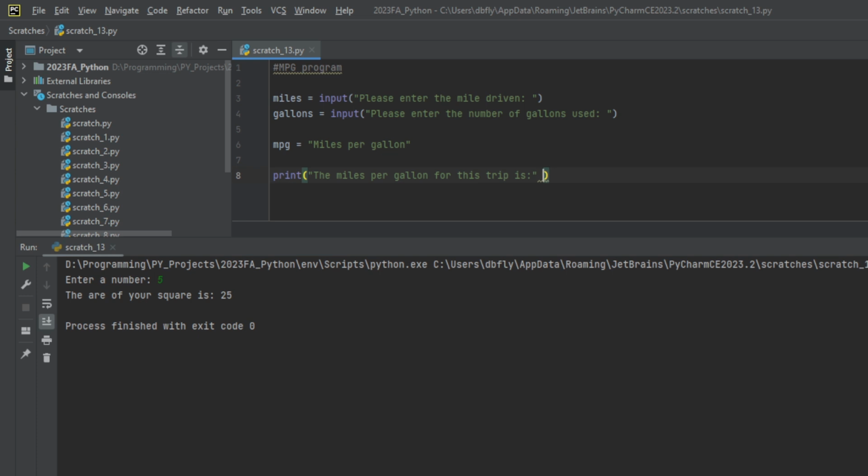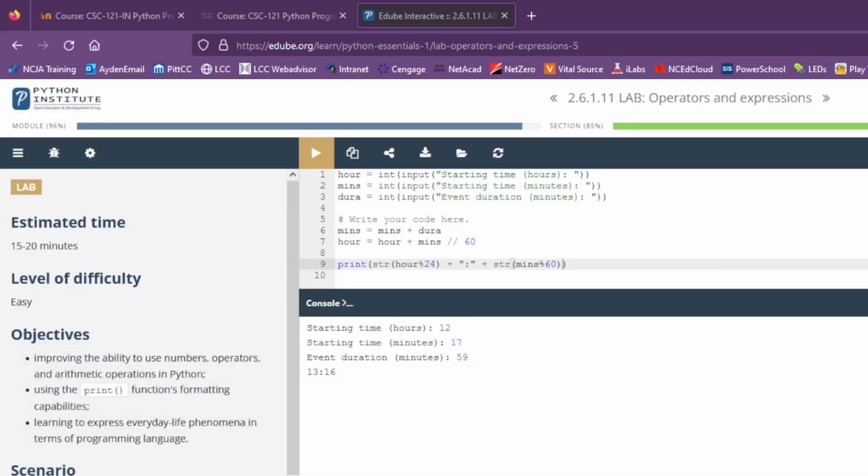I wasn't looking up, so I hope you could read what I wrote here earlier for the miles per gallon thing. But anyway, if you have any questions, send me an email. I'm happy to help out. Again, I think this stuff is pretty easy so far, but if you're having